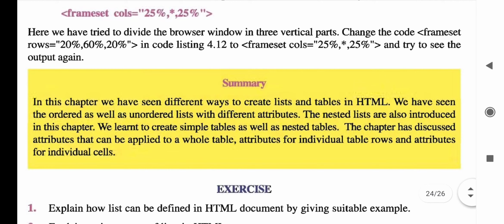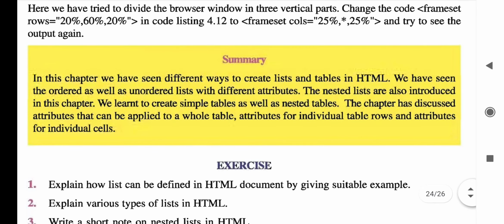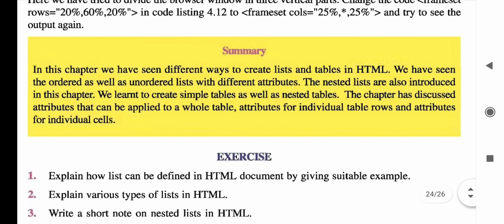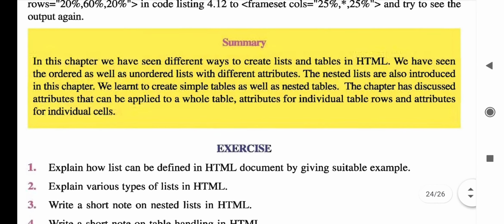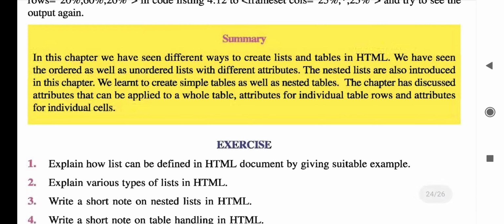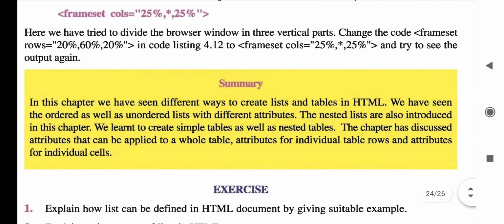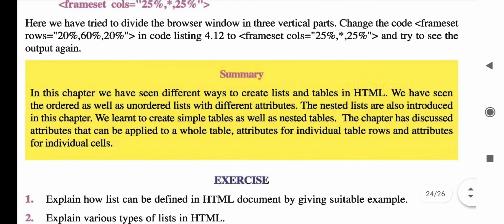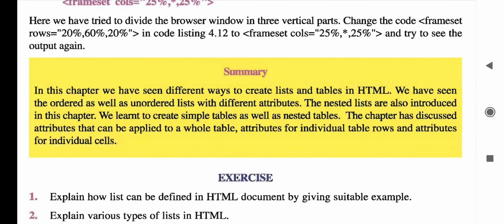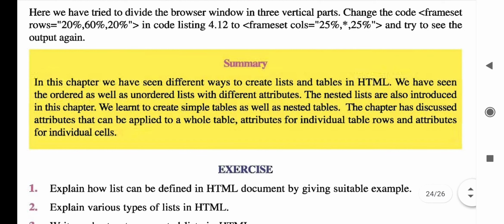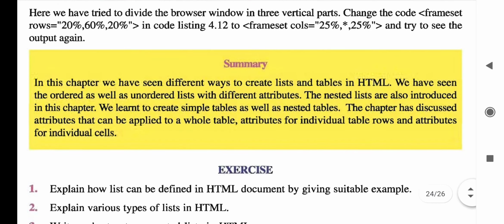So this many things you have understood here. Now the next thing: with this video I am sending you another video that will have the MCQ answers. Please note that in your notebooks, and from now onwards you will get 2 videos in a week for computer, because we have to complete our syllabus and the syllabus is a little bit lengthy.